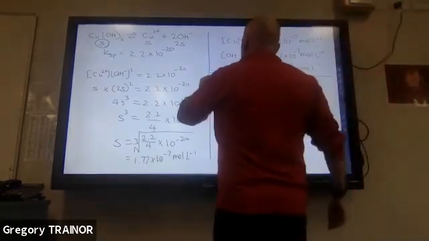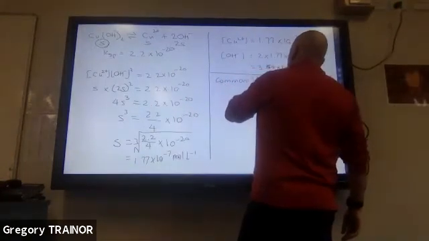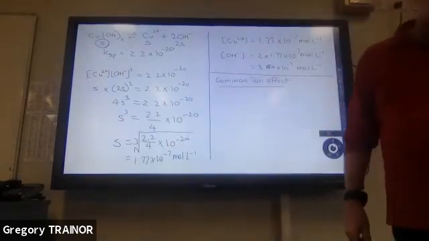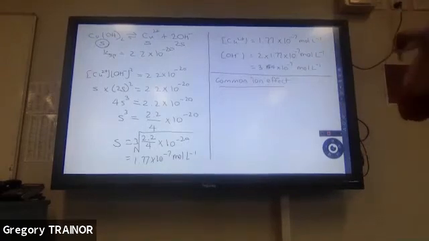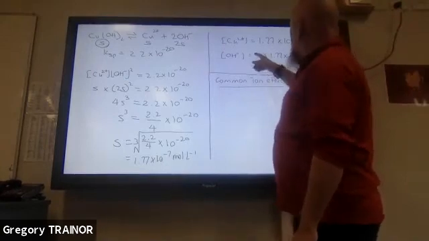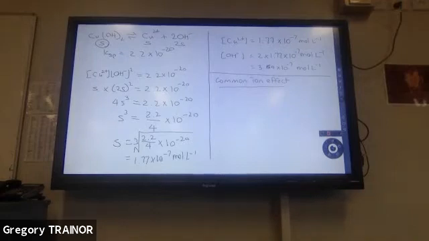Now, the other bit about KSP is what happens to solubility if you already have one of the ions dissolved in the solution. So if 1.77 times 10 to the minus 7 moles of copper hydroxide dissolve in water, how much would dissolve in